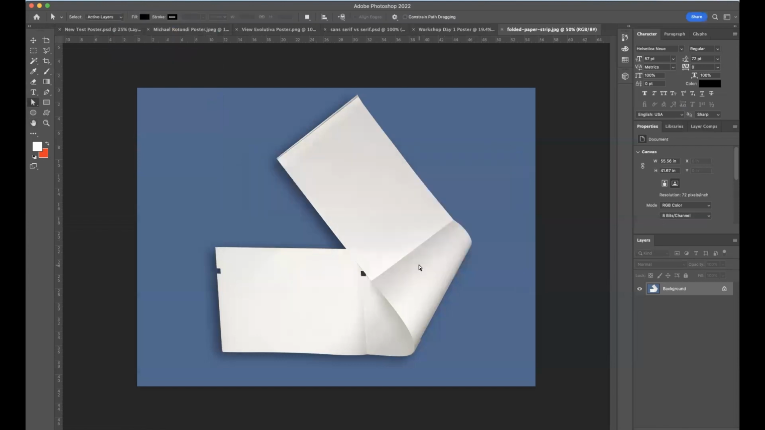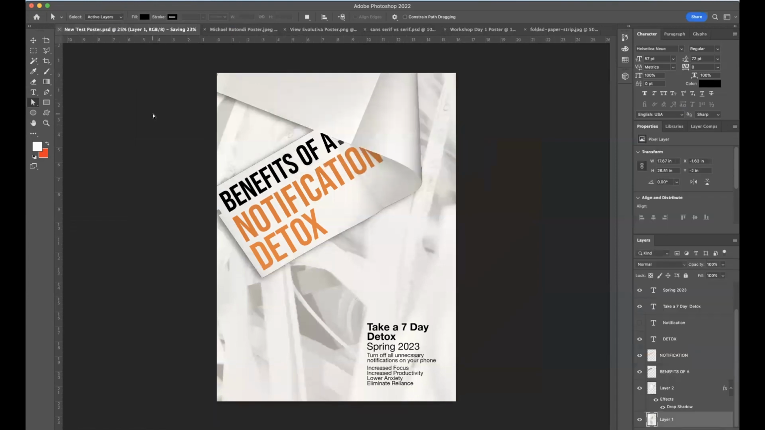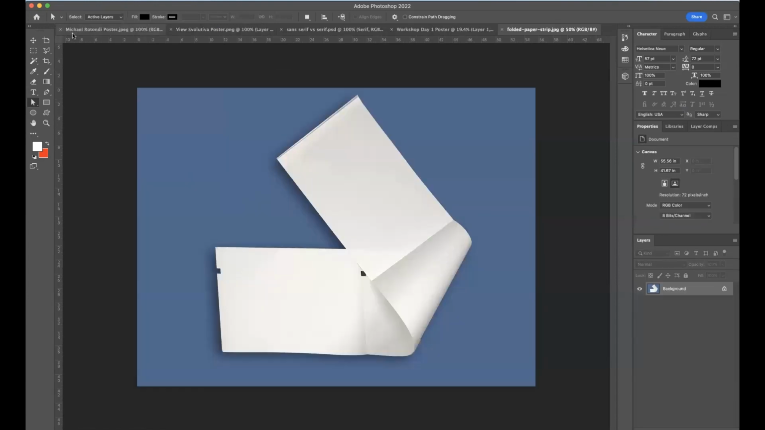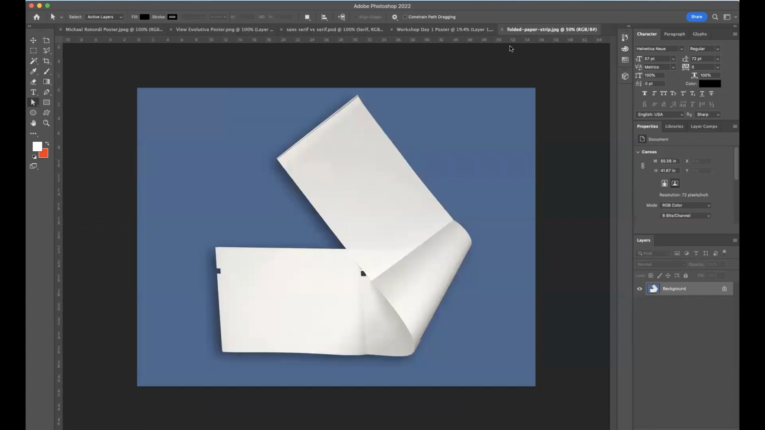And as we've got this image here, we want to isolate it. I don't want to pull over this blue background. I want just the strip of paper in my poster. I'm going to go ahead and close these. And what I want to do is pull this over without that blue background, which means we need to isolate it